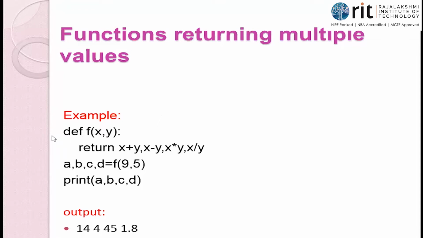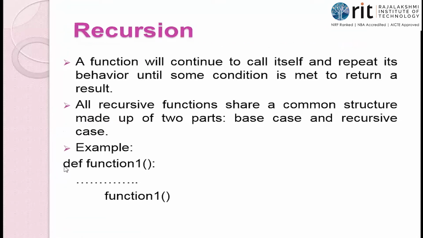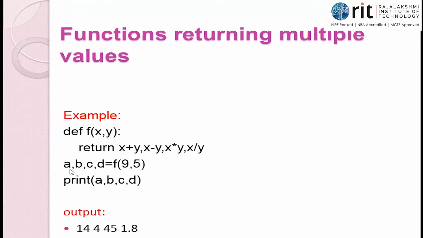So the control moves to the third line. The third line I have a comma b comma c comma d. I have already discussed about the multiple assignment, isn't it? I can have different values assigned to different variables, or I can have one single value assigned to different variables. Meaning multiple assignment நம்ம allow பண்றோம் Python. அது நம்ம already பார்த்துட்டோம் examples.